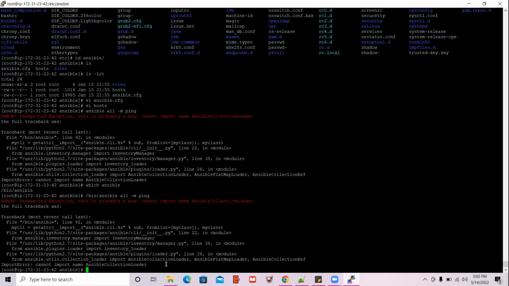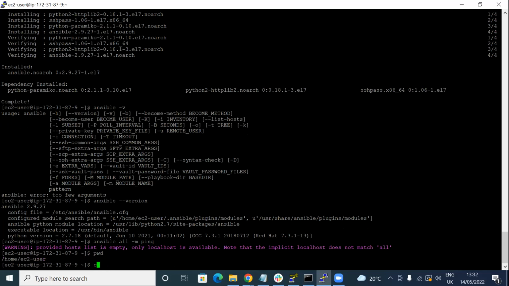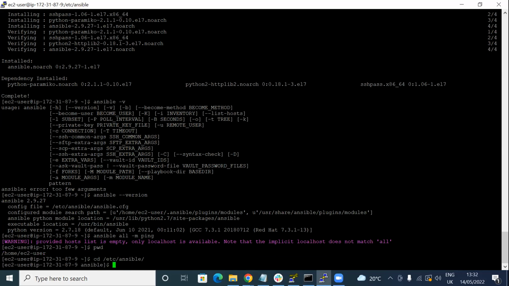Shilpa, share your screen. Now you see, once you run this command, Shilpa, you get that the provided host list is empty, right? The reason is that you have the host list as empty. If I go to cd etc ansible in your server,